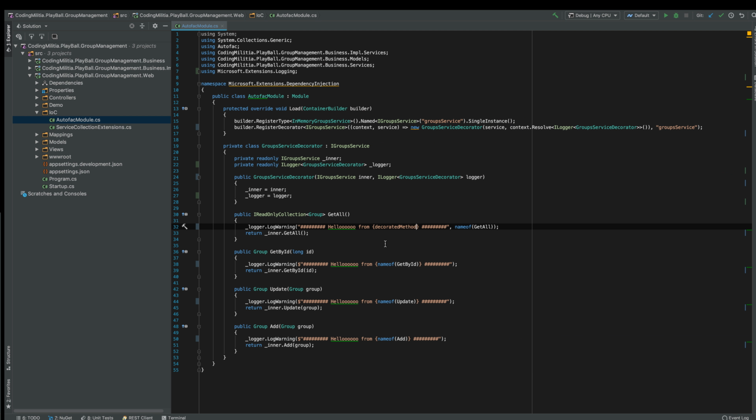But if we were using something like Kibana or other providers where we send our information, besides sending the string, it will send a payload that will say decorated method equals this. Why is this important? Because if we want to do some filtering on our logs and stuff like that, we don't need to go all in on regexes and parsing the logs. We can just go, for instance, if it goes as JSON,